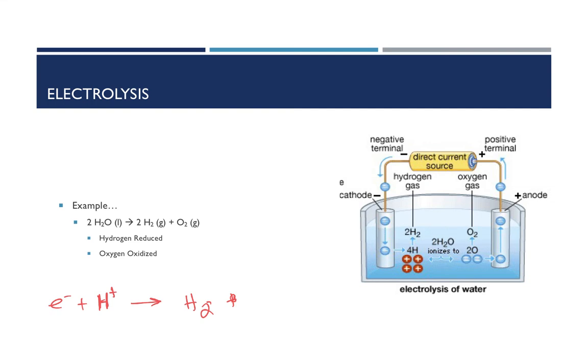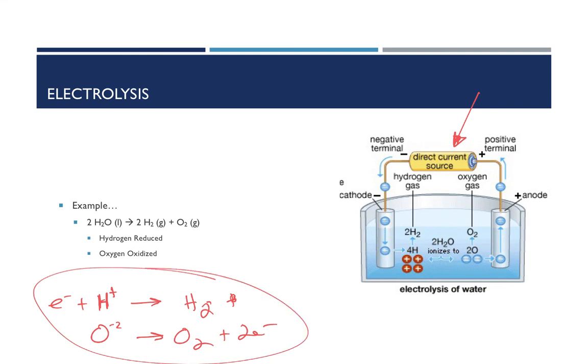There's our reduction. And we have oxygen going to oxygen gas, and we've got electrons being lost there, so there's our oxidation. Same process, though. We could figure out the amount of current required to do that, and as long as it's bigger than the cell potential of that overall reaction,